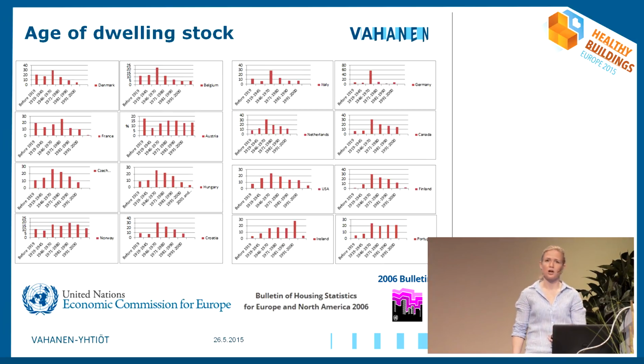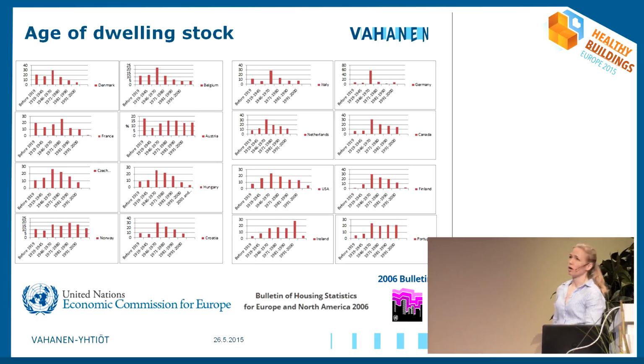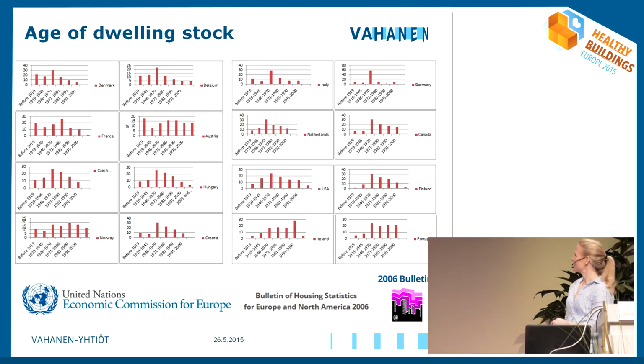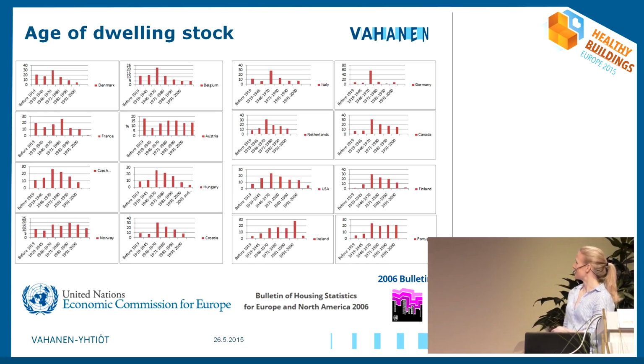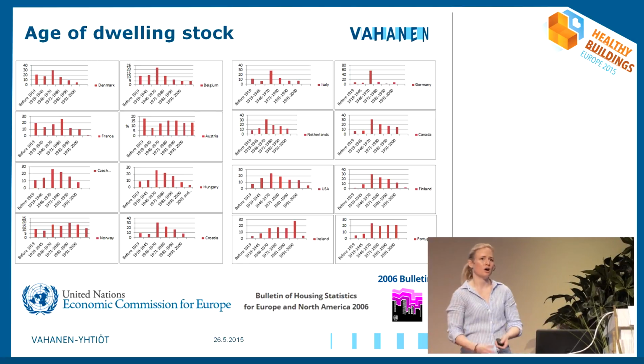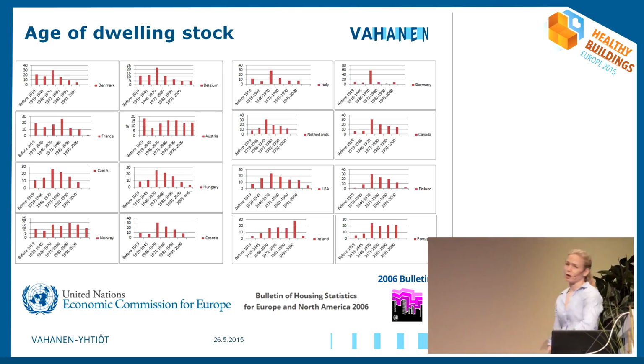So usually older buildings are more leaky, new ones are less leaky, and we think of the average age of the building stock. I hope some of you can see something of this and you can spot your own country. We have information of various European and US and Canada countries, and for example here we have Finland. This is the decades where the buildings were built. This is before 1919, and then there is the wartime, and after wartime. So we can see that in almost all countries we have a peak during the wartime. That means that the buildings are over 50 years old, many of them, and anyway over 30 years old,